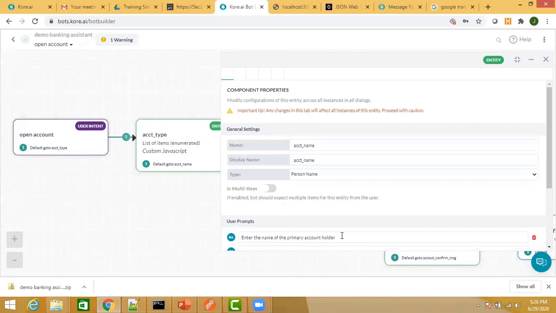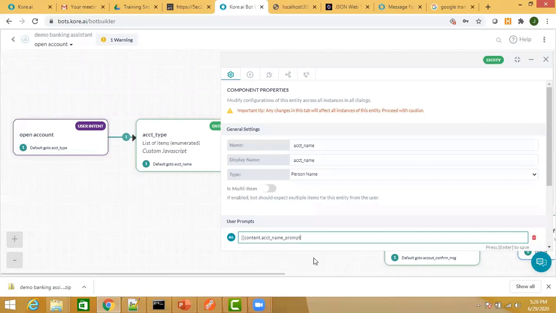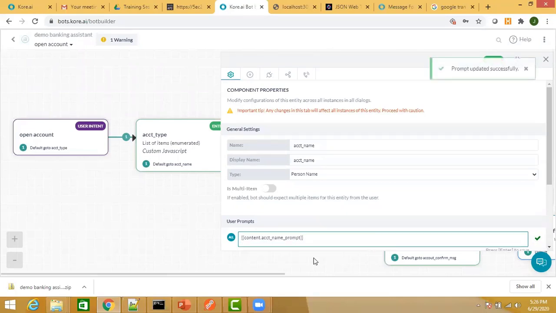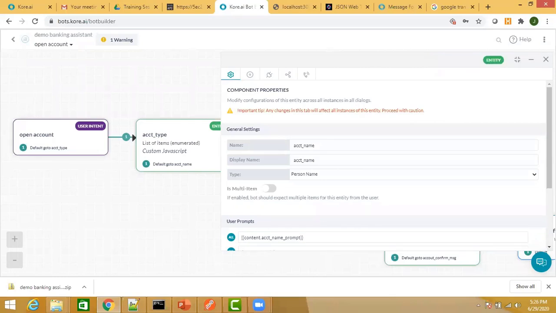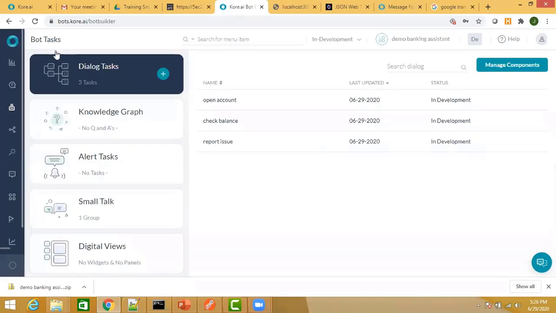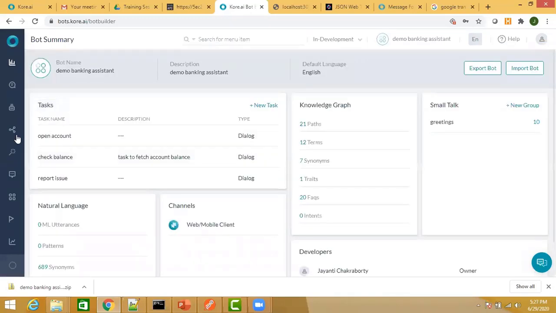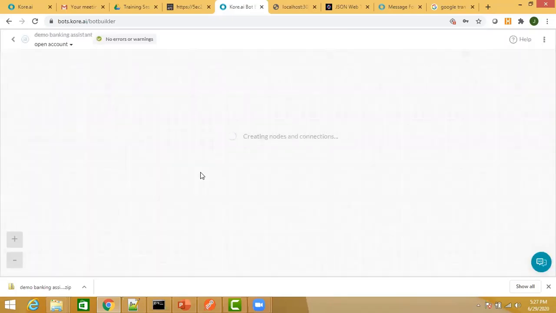It was not saved actually, my prompt. So just make sure that you get to see this. It is using that particular listing. So you have to just check that if the variable is not used, then it comes back with the static message that has been stored within that particular prompt.